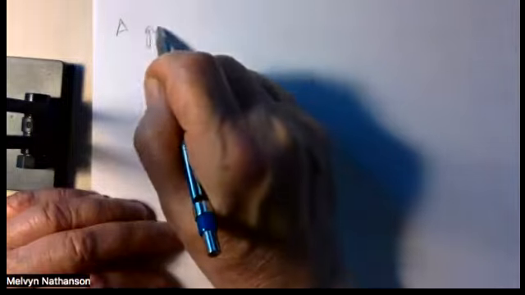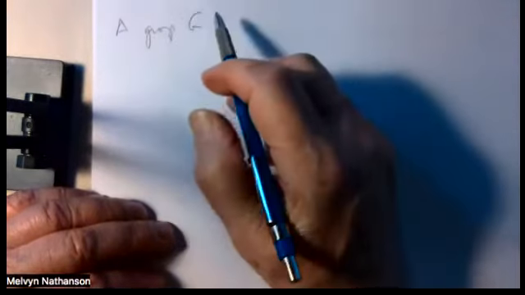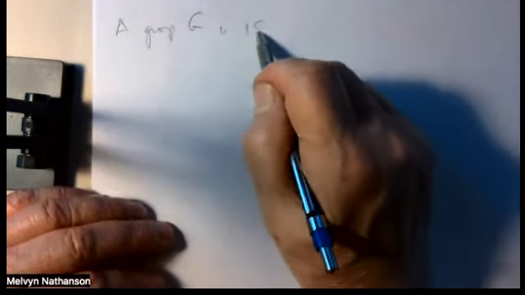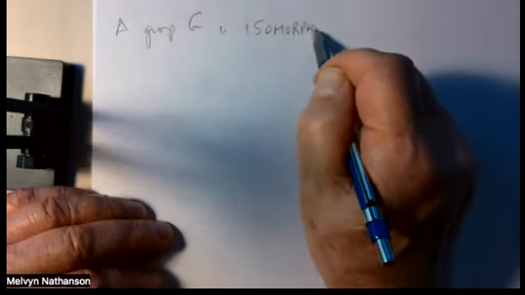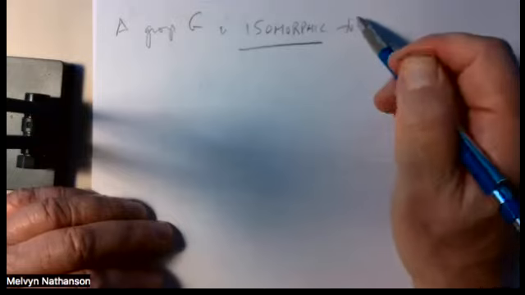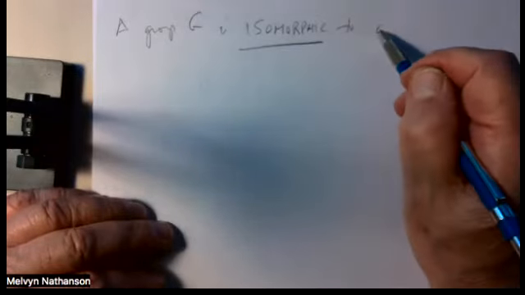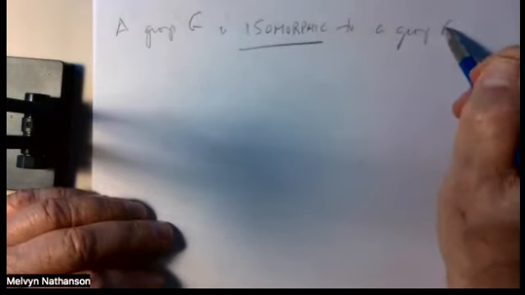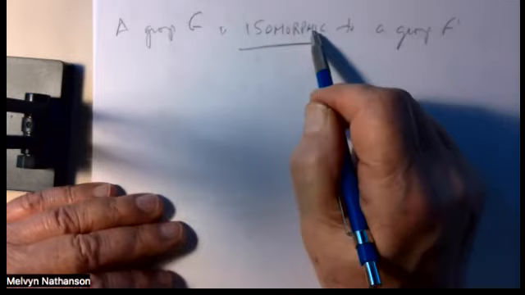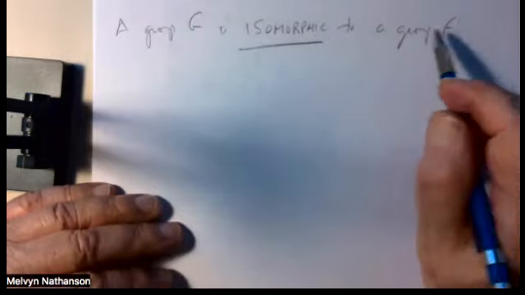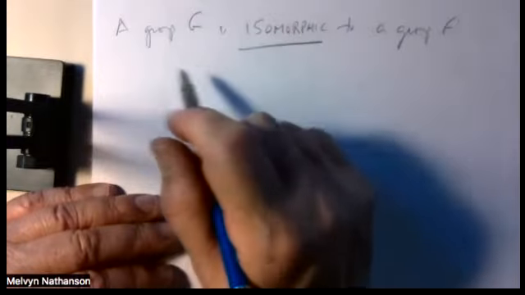So we say a group G is isomorphic to a group G prime. Isomorphic, what does that mean? Morphic comes from a Greek word that means structure, and iso means equal or the same. So these two groups have the same structure, are isomorphic, if